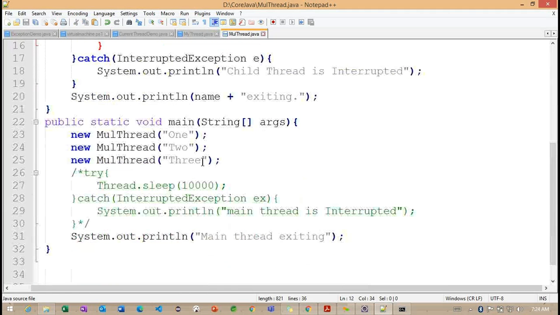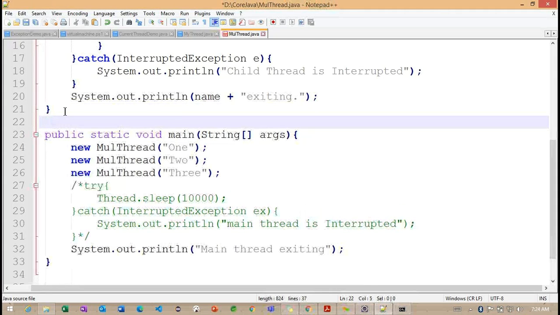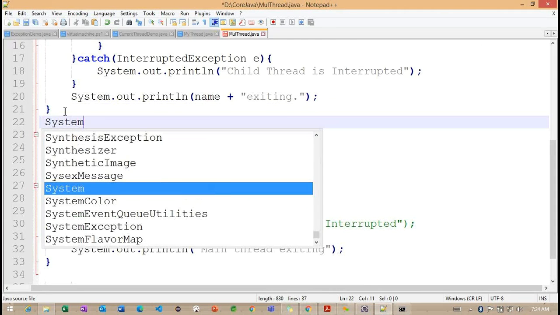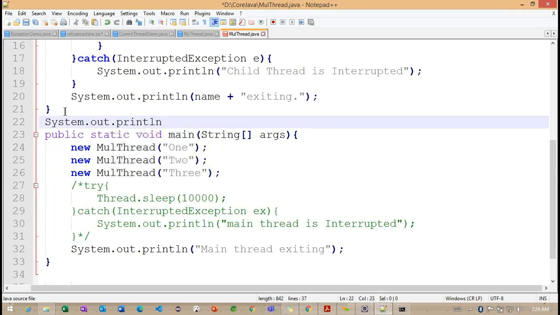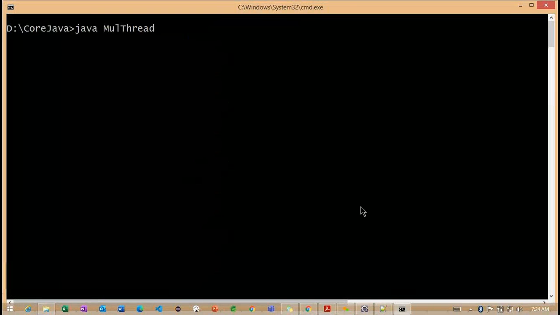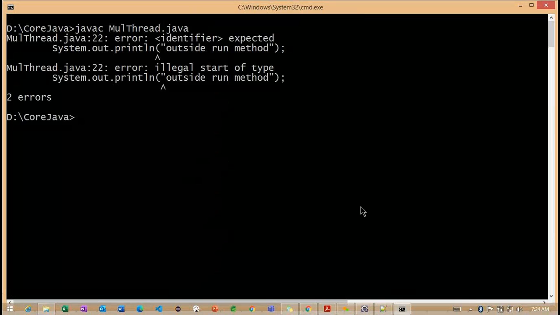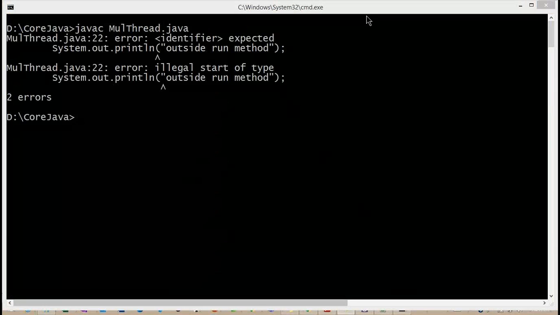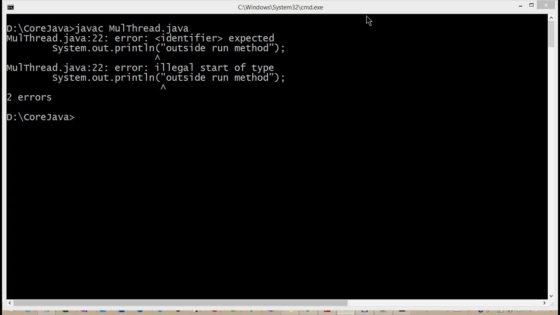But now observe, if I'm defining here, now if I'm going to compile one more time, now you can see, we cannot define the println method outside.